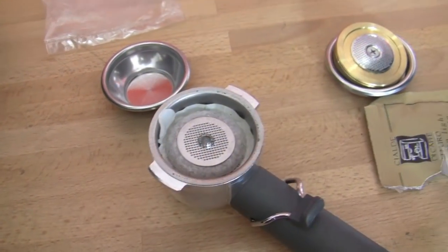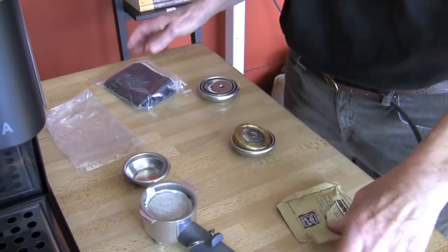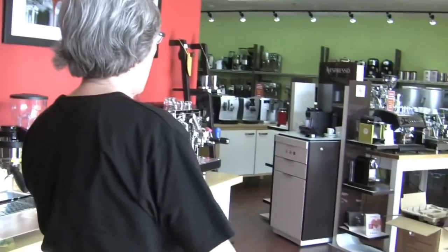It's not going to go everywhere else. So these are some machines that come stock, but then you do have the adapters. What machines can we adapt? The La Spaziale, the Musica by Nuova Simonelli, the Rancilio,